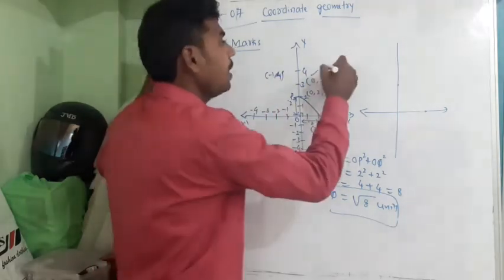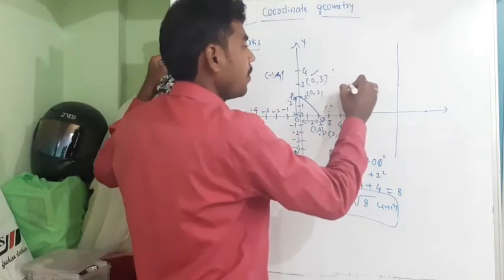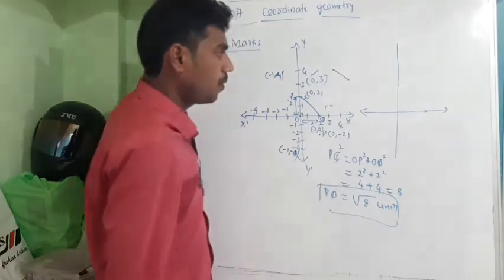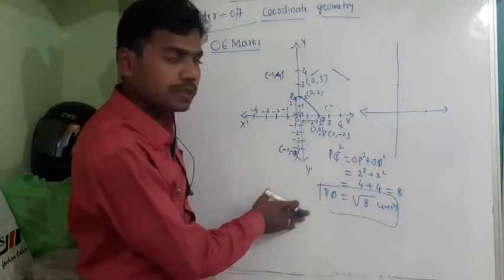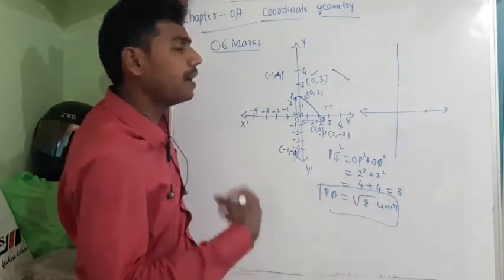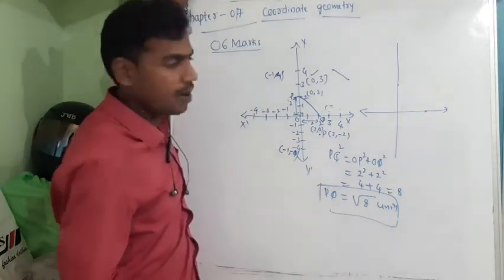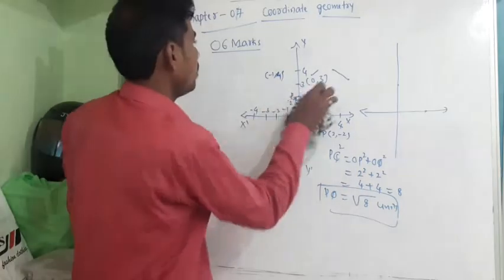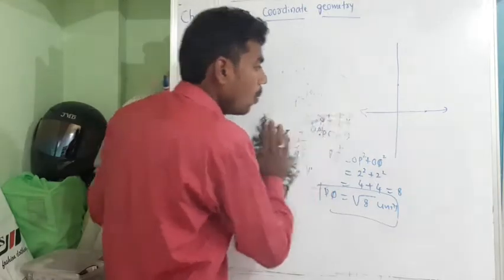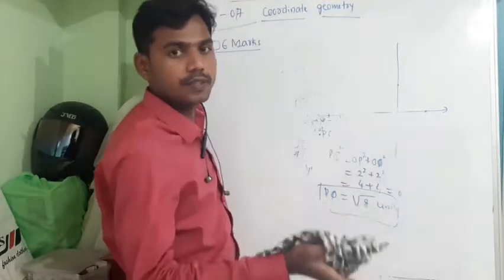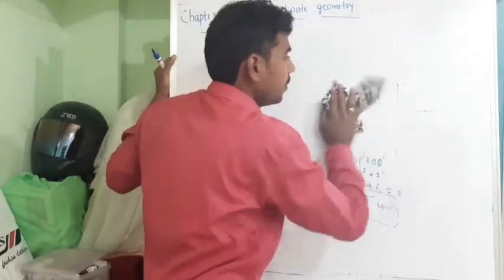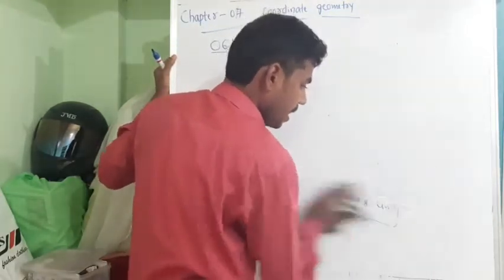Then what about the points which are not there on the coordinate axis? If I want to find the distance between these two points, will this measure be sufficient? No. So for that, what do we need to do? We need to find a formula called the distance formula. So how are we going to do this? We are going to derive that formula, that is the distance formula, to find the distance between 2 points which are not there on the coordinate axis.